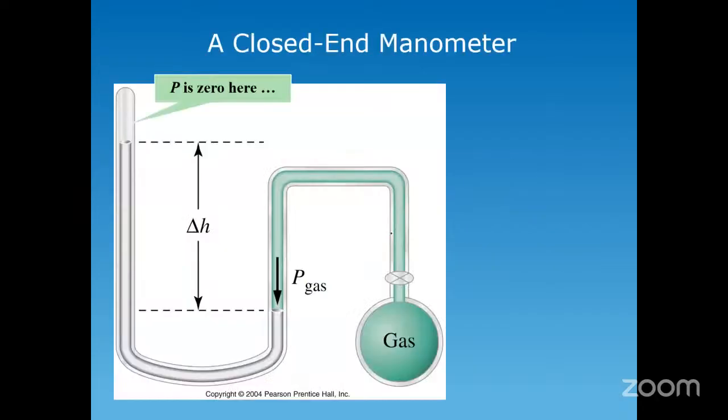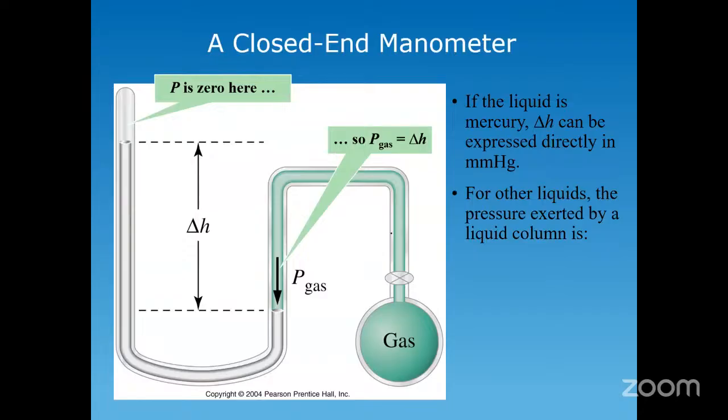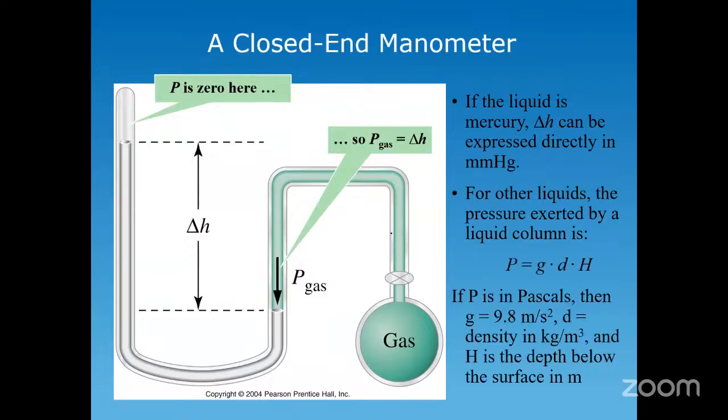So this is a diagram representing what is called a closed-end manometer, right? So it's a U-shaped tube, as I said before. This end is connected to your gas source, right? While this end here is sealed, right? So what will happen is that when you open up the tap here, the gas flows, exerts pressure on this surface here, on this side of the U-shaped tube, and that pushes the liquid up here, and the pressure of the gas here would be equal to the height difference between the two mercury levels on either side of the